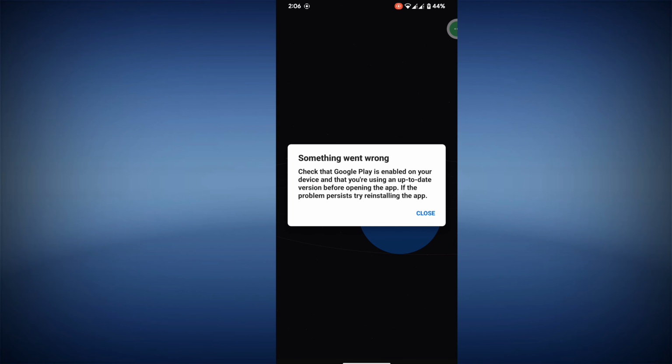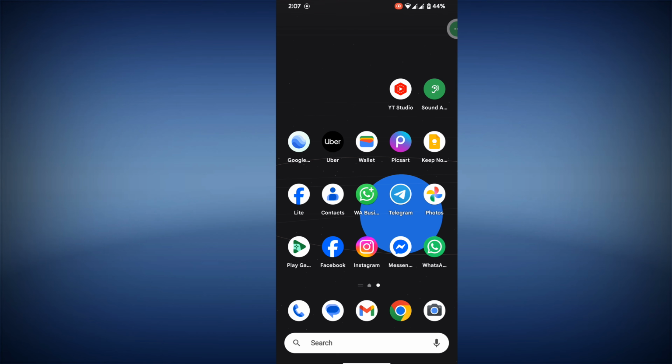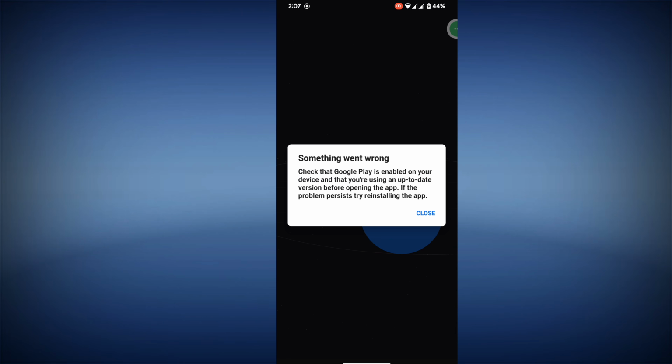In this video, I show you how to fix "something went wrong." Check that Google Play is enabled on your device and that you are using an up-to-date version before opening the app. If the problem persists, try reinstalling the app. You can see that this problem is happening. For fixing this problem,